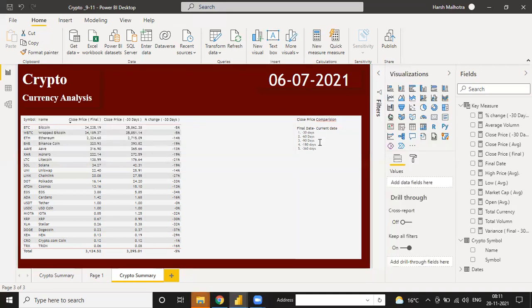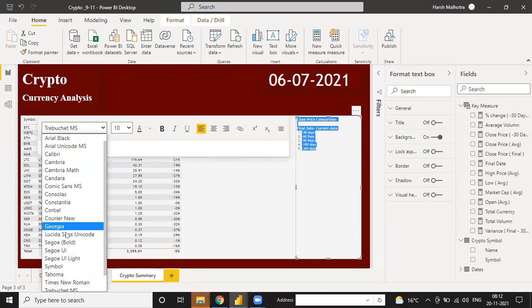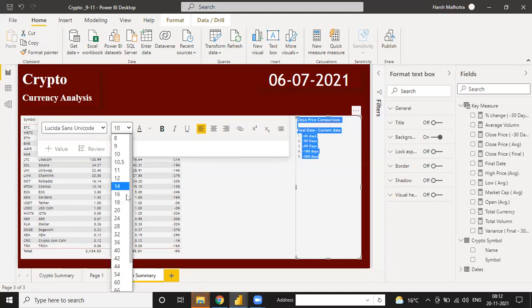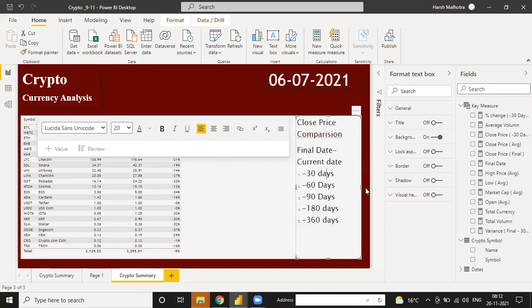So if I calculate, go to this, if I calculate, move down to 20. So in total we have these 1, 2, 3, 4, 5.